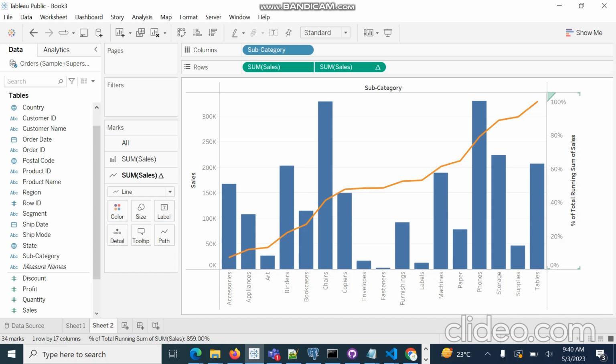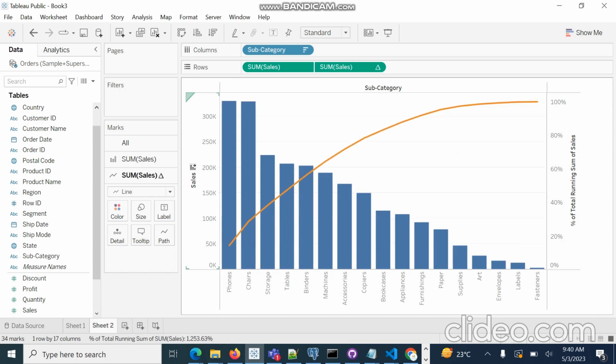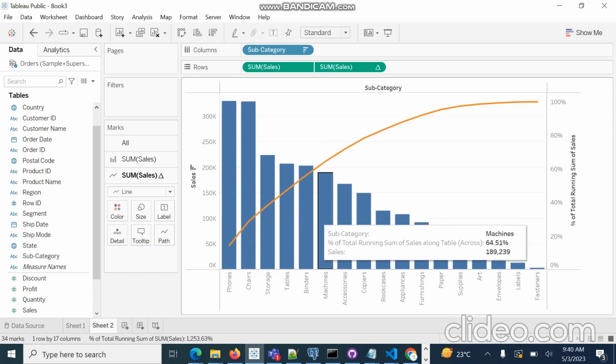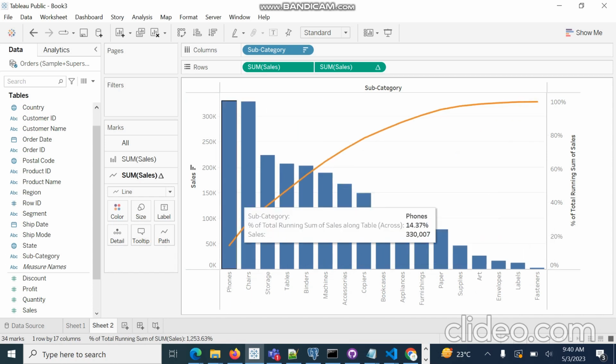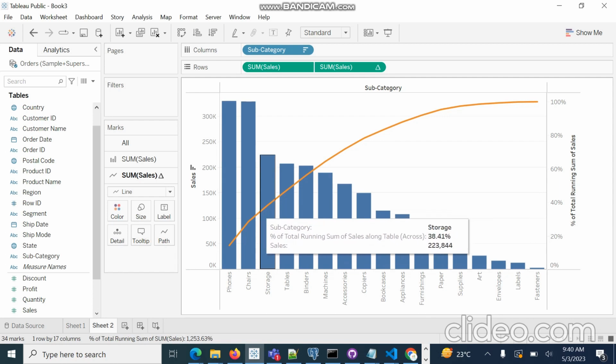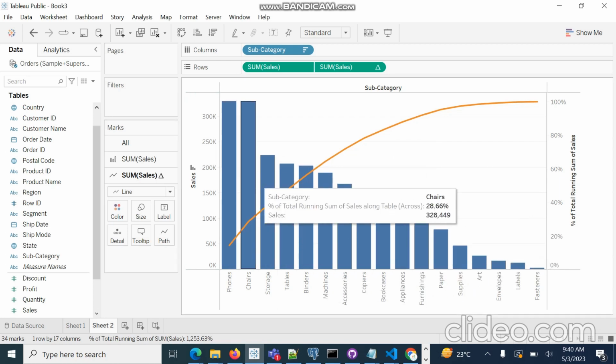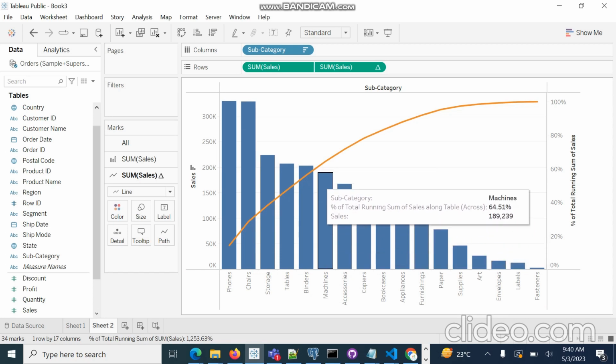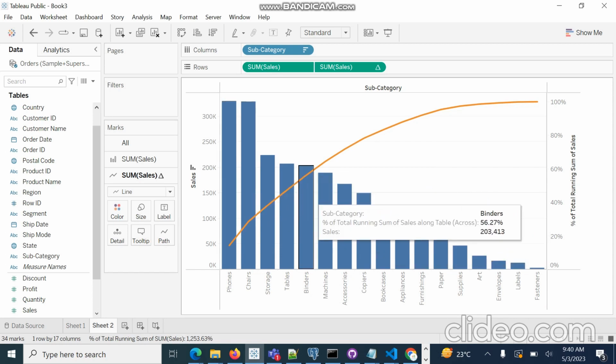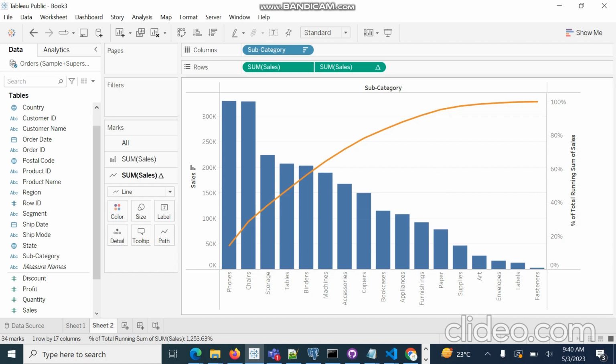We can see that 80% of the sales is coming from these 6-7 categories, and the remaining 20% is coming from n number of subcategories. So this is the importance and the use of the Pareto chart.